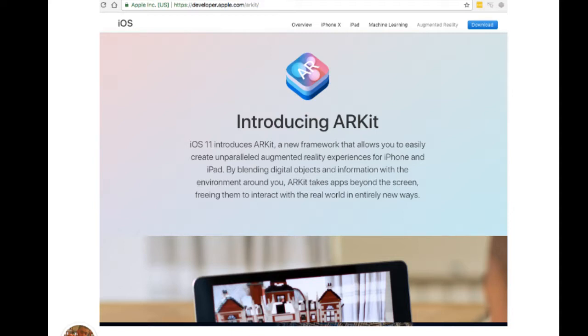But why is native mobile still the thing? And I think part of it is reasons like this. This is during the iOS 11 announcements. This is their page at developer.apple for ARKit. You see, it's all polished. It's got examples there. It's got that cool logo they made. New framework, easily create stuff. It's super advertised for everything iOS going forward, and they're looking pretty far forward. You see they even have a link up here to iPhone X or 10. I can't remember which one it is. Either way, Apple's pushing this pretty hard.